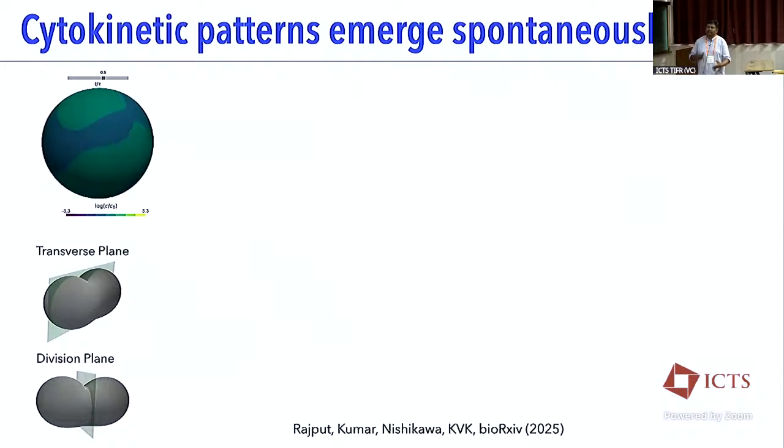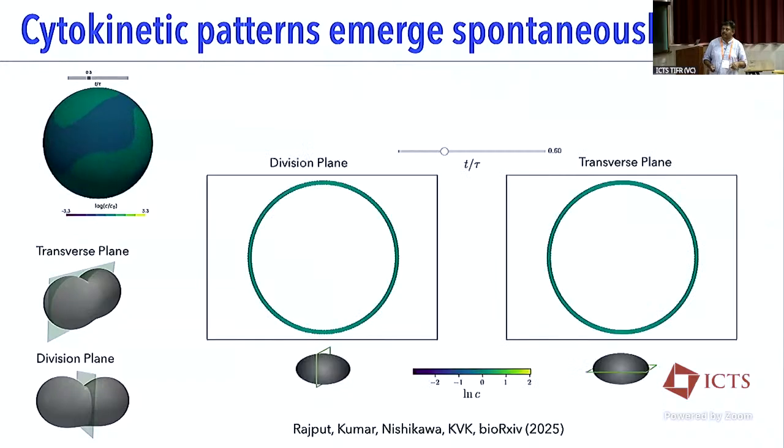So we want to measure things. I mean, does it work in the real system? So let's say you look at this shape-changing thing, you define the transverse plane, the division plane, and would like to measure them. Remember, I said we have very good data from the experiment. We have chymographs of shape and pattern in space and time. We would like to compare them. So here's from the